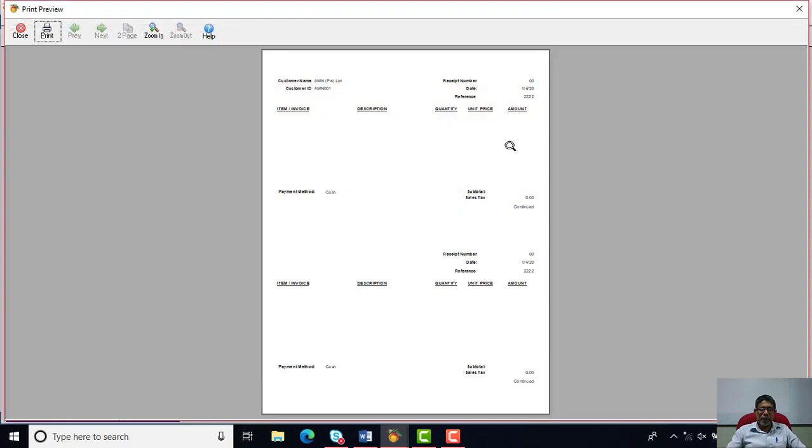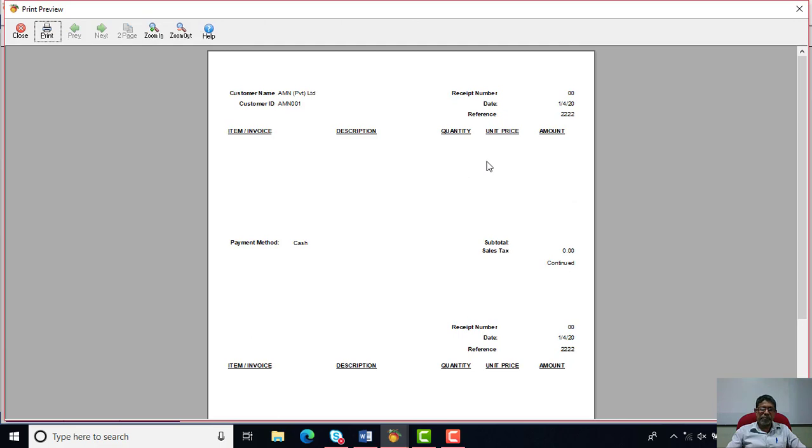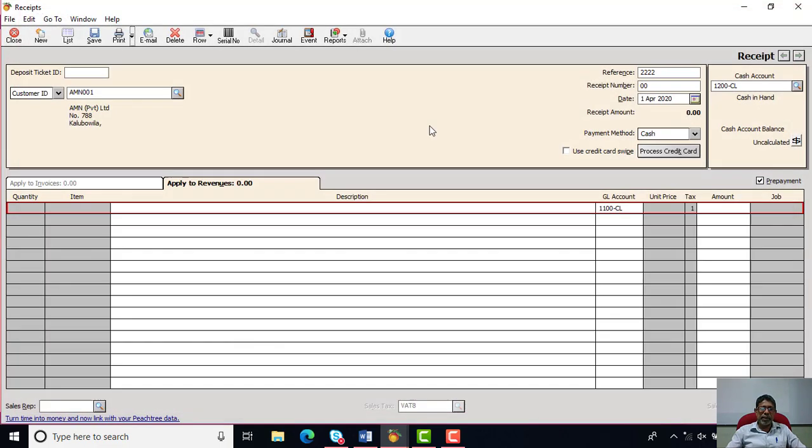So we can see the preview of the particular item. This is the print option whereby you can give the receipt to the customer by printing it. So this is what we can do with the particular given window. Other than that, if money is refunded from the suppliers, then we can change the ID to the vendor ID,